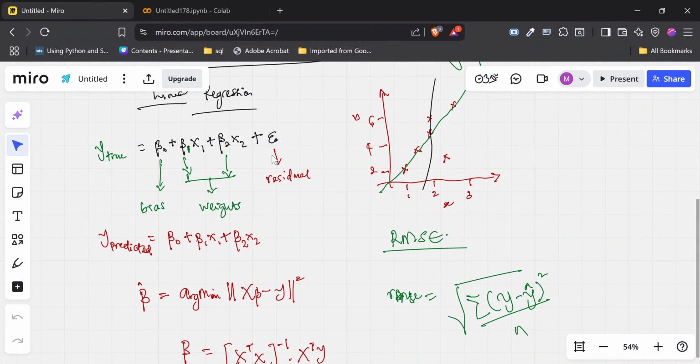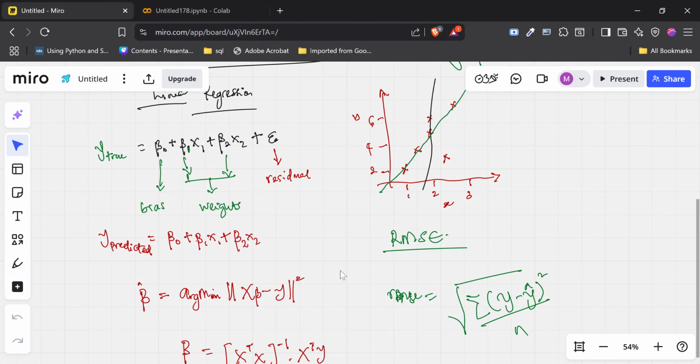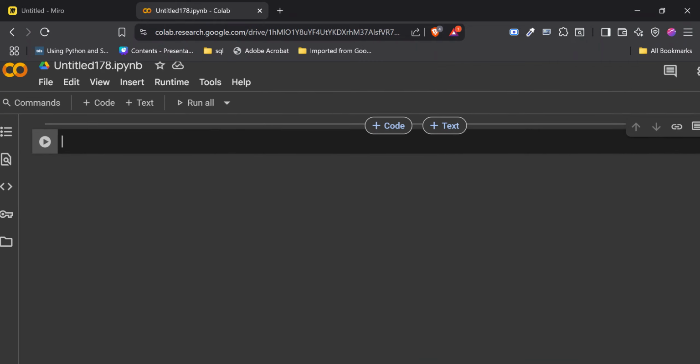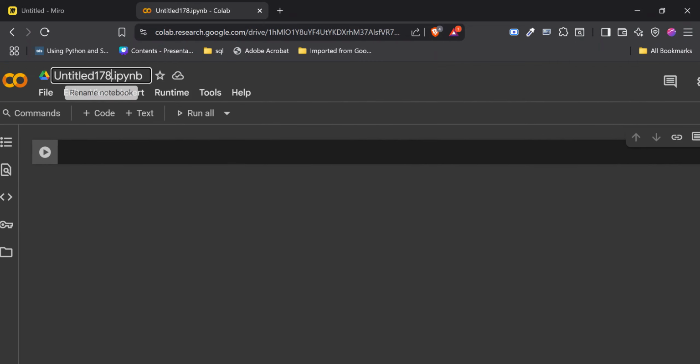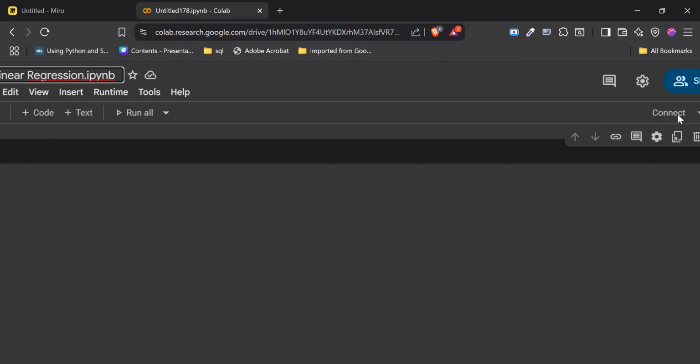So yeah, that is all of the basic fundamental idea behind linear regression that you need to understand. So we are still going to be revisiting this page, but let's get into the part where we code it up. For the majority of the things that we have in here, we are going to be using Sklearn to do it. Sklearn is a library that contains a lot of things that you would need to do classical machine learning. So let's rename this, name it linear regression. We are going to just hit connect here.